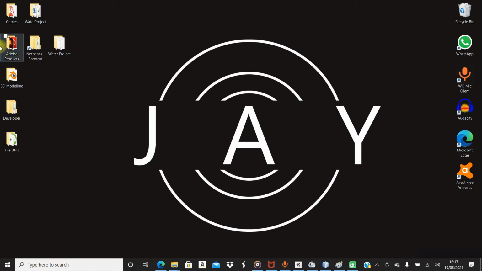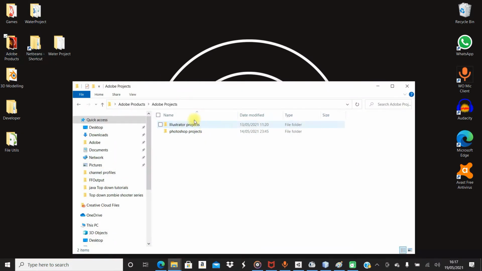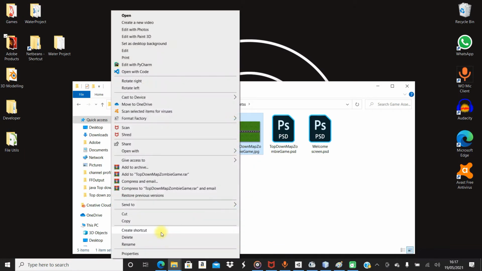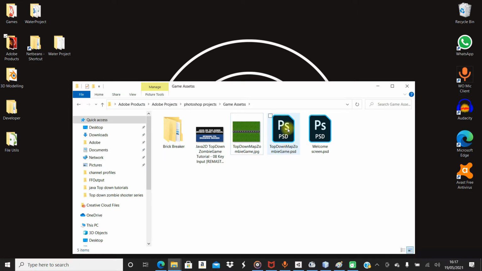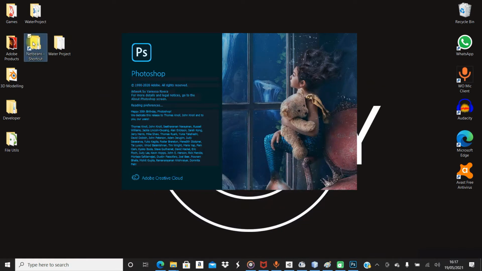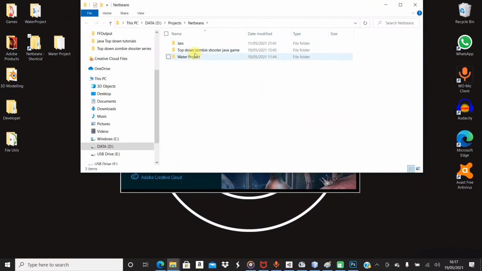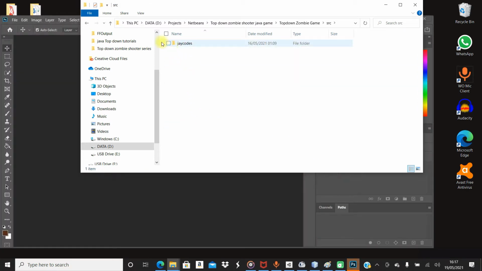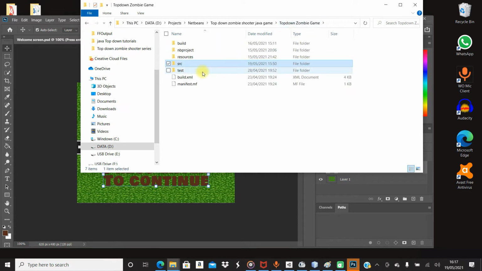And yeah, so now let's go into where is it? Where's the image? Adobe projects, Photoshop, game assets. Oh my goodness, I forgot to export it. So let me just open up Photoshop. Meanwhile, let me open up the projects folder. Resources,